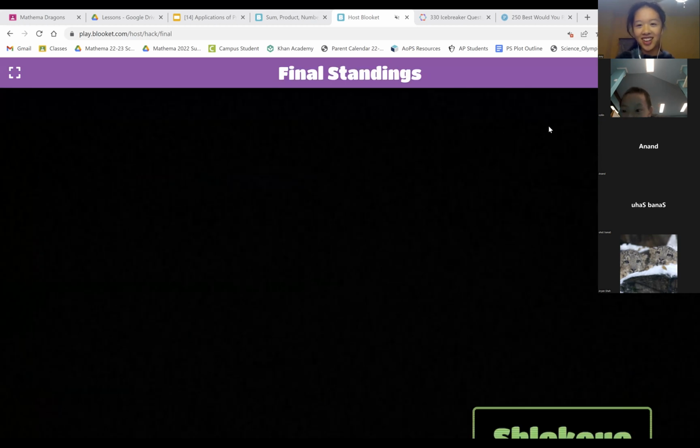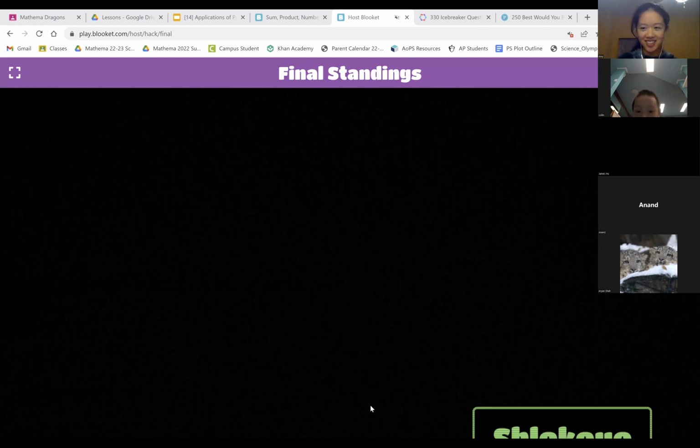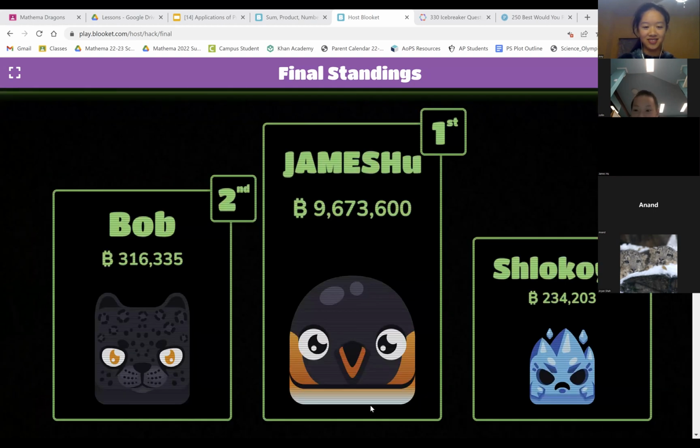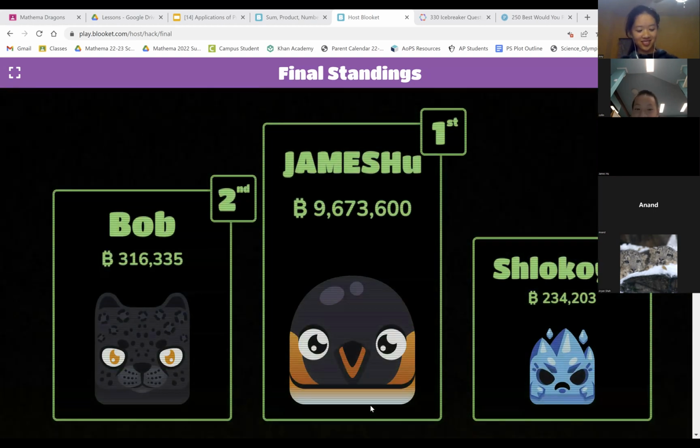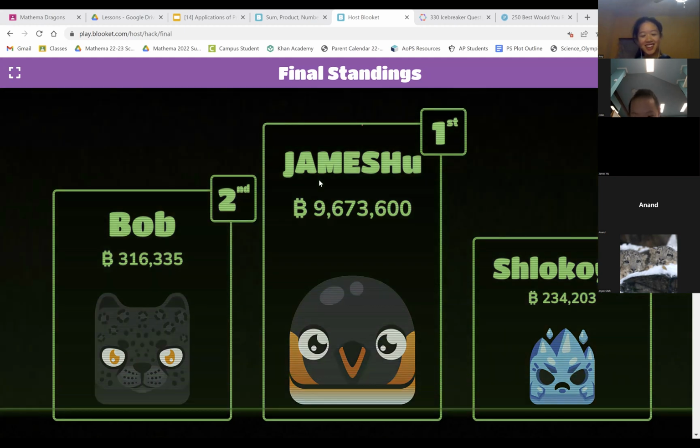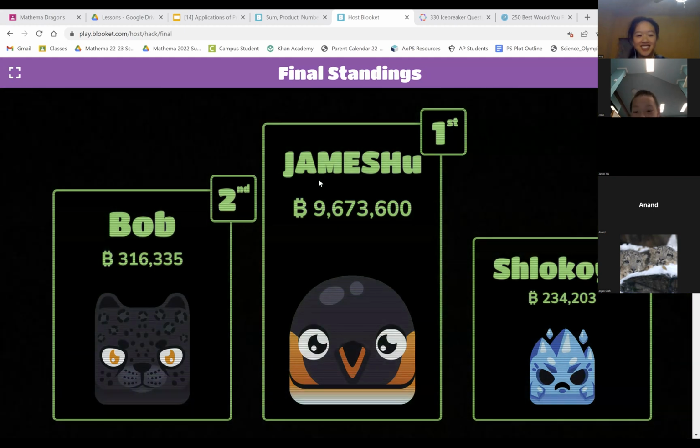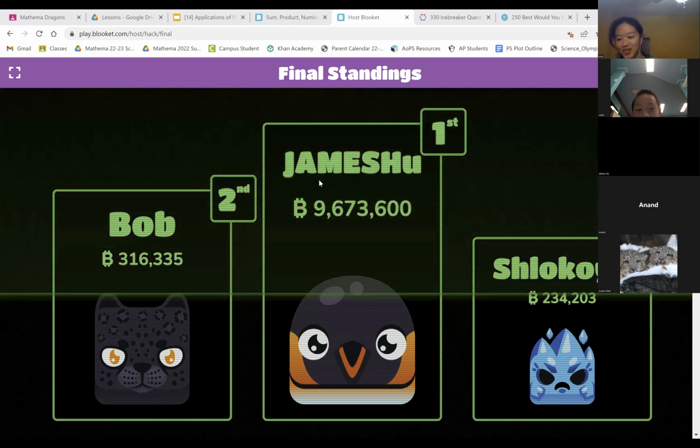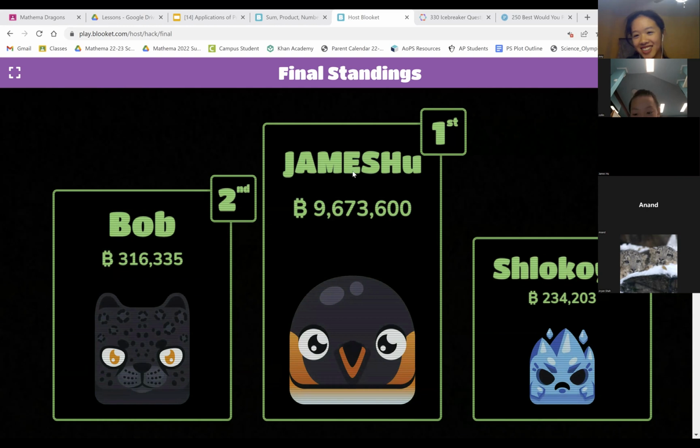Oh my god. How do you get 3.2 million? How did that happen? Exactly. You rob somebody and then you get lucky and get doubled once and it triples. That's how it happens. If Amy hadn't ended it a second after, I would have gotten like 20 million from James. I was hacking James. I got it correct, but then Amy ended it the second it was about to. I didn't end it. The game ended it. She had a time limit. James, how do you get 9 million? He just got